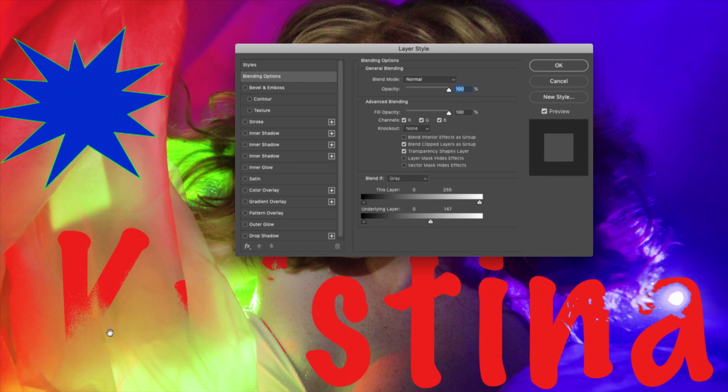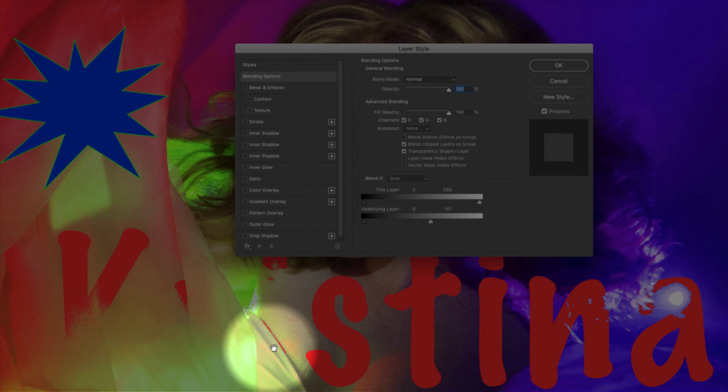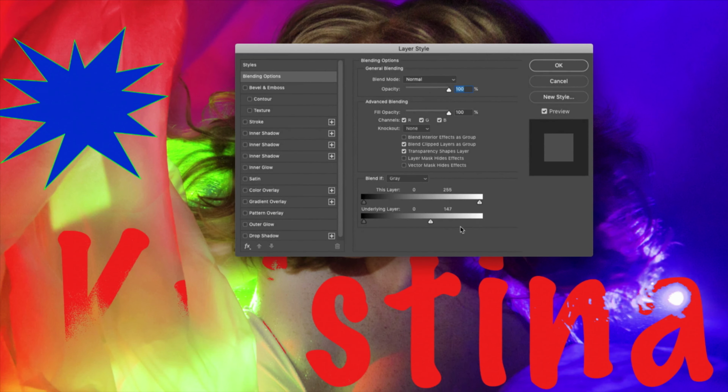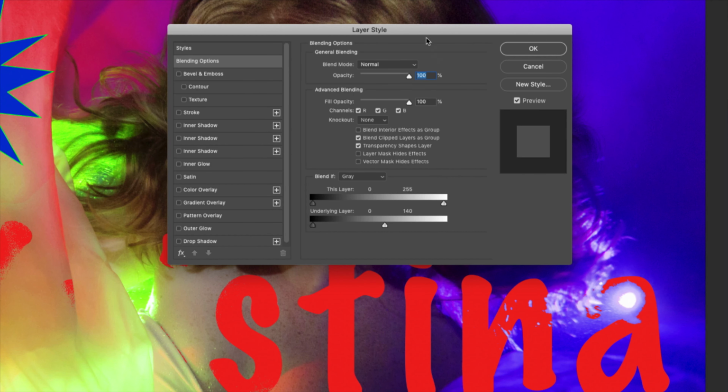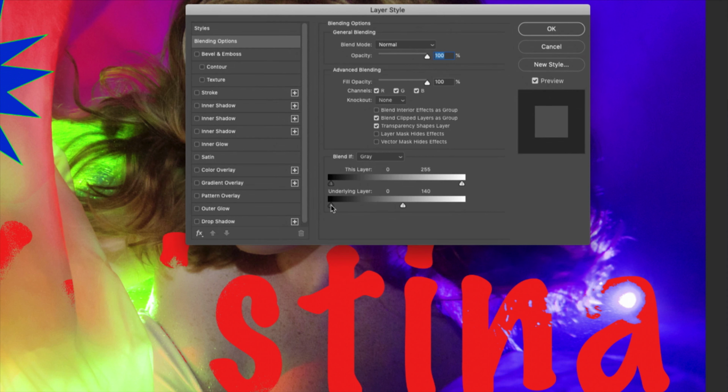Can you see over here the part of the K and the R is almost completely gone, and the I is almost completely gone, and also the A? In the same vein, anywhere where the underlying layer is darker, I can also pull that slider, and then all of a sudden where the underlying layer is darker, the word Christina also disappears. Let's say the darkest fifth of the image is now, the word Christina is going to be invisible on top of it.